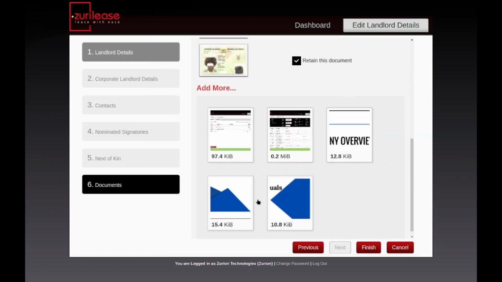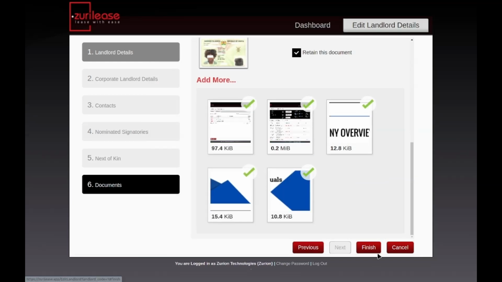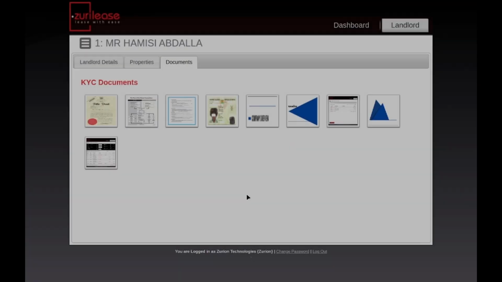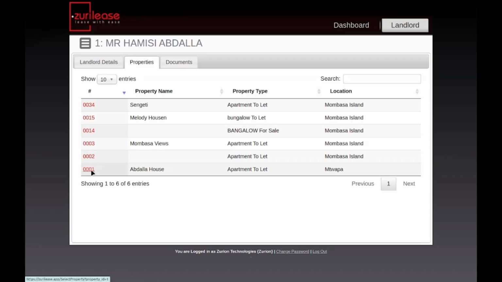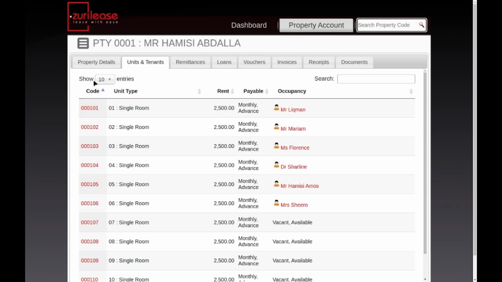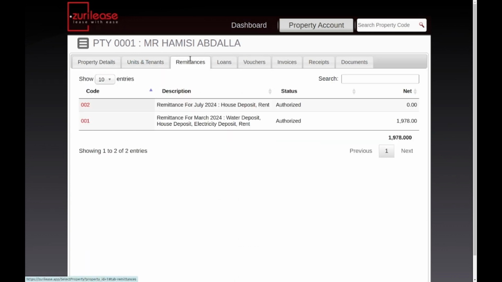So let's upload a document. You can upload one document or many documents at once. Then click finish. So these are my documents. These are all the documents that I have uploaded. So let's go back to our property